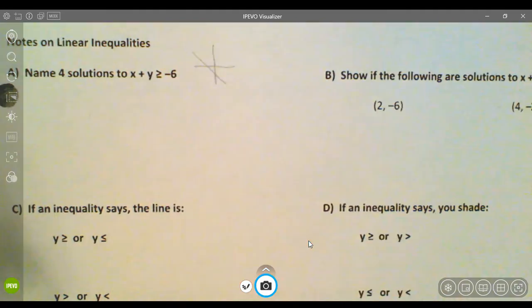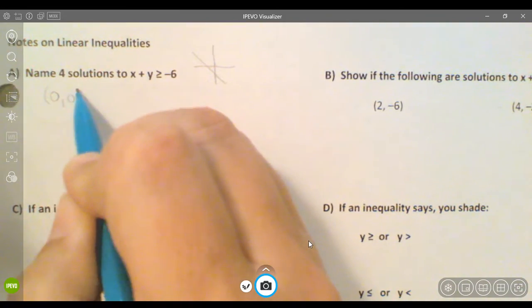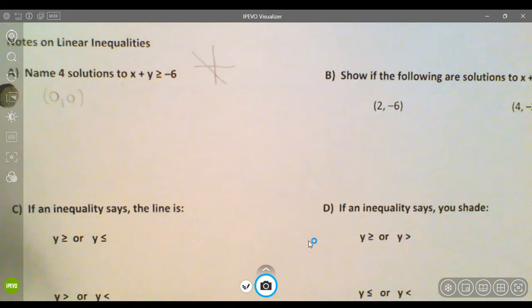Okay, so let's think about a few numbers, a few ordered pairs. We want 4 solutions. I'm going to show you the ordered pair 0, 0. That is a solution to that because when you add 0 to 0, you get 0. And isn't 0 greater than or equal to -6? Yeah. Okay. Now let's think about,